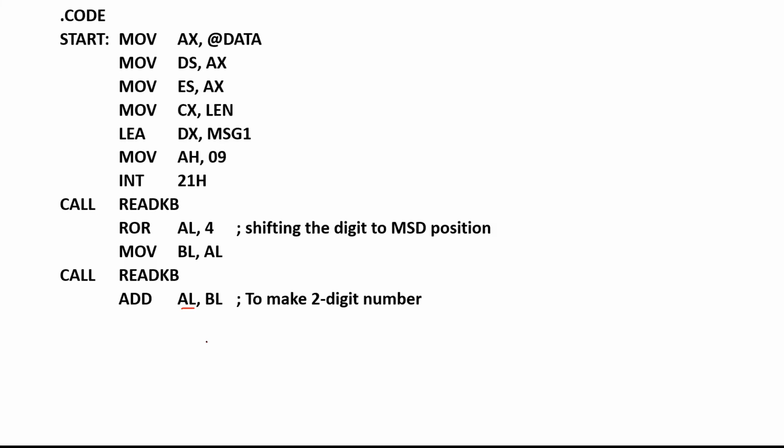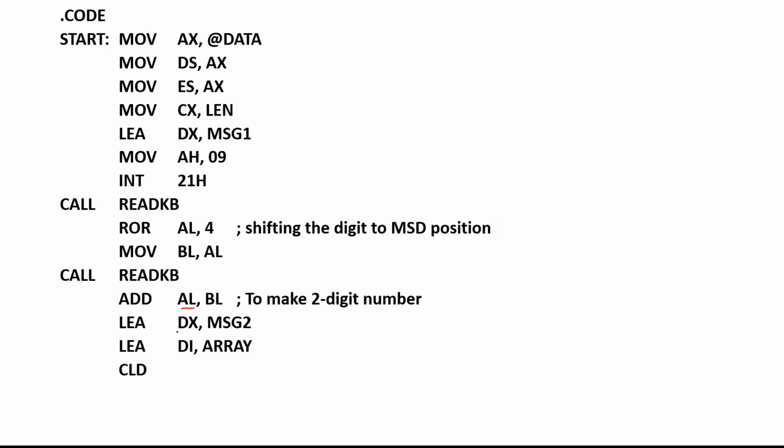After completion of this 2-digit input, I am going for comparing it, to see whether it is present in the array or not. If it is present, your message should be displayed that it is present. If not present, then the third message should be displayed. So for display purposes, I am loading the effective address of message 2 onto the DX register. I am loading the starting index of the array onto the DI register, load effective address of array onto DI.